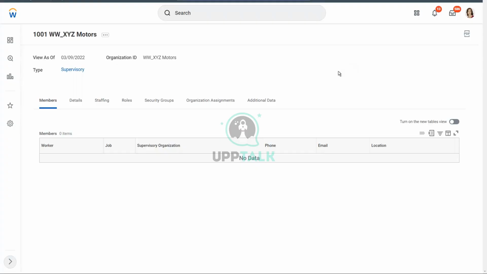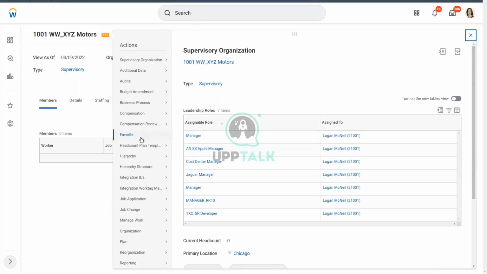Now let's try to see if we can create a top-down hierarchy structure. Yesterday, you people were saying maybe a top-down hierarchical structure is easy to create. Let's try it out. We have already got our first supervisory organization. Now let's go to the related actions of this particular organization, and I will scroll down to